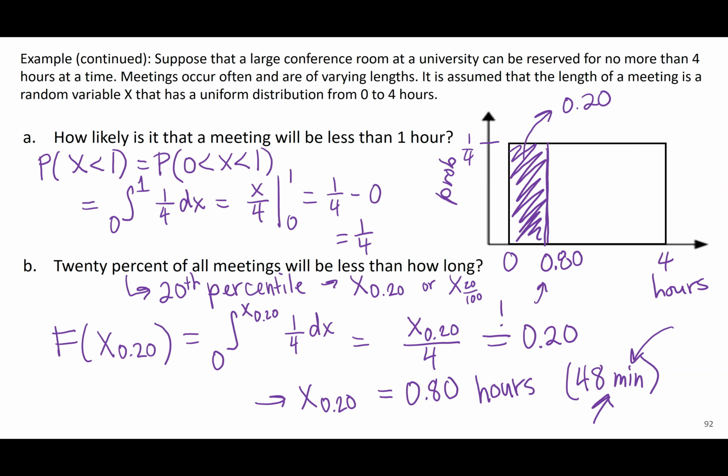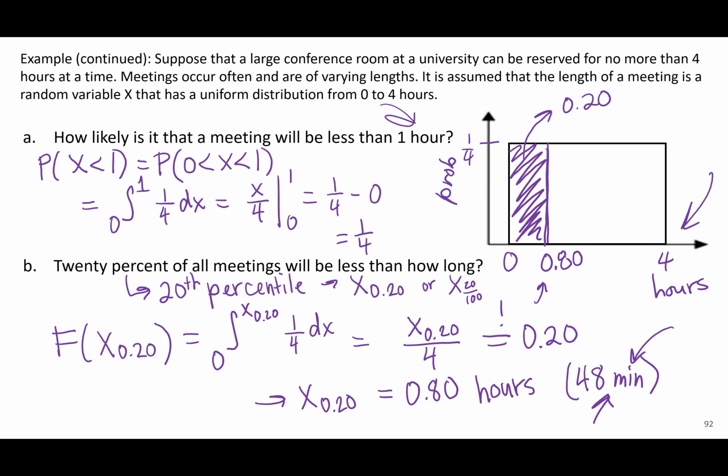This was just me kind of translating at the end. So this was an hour, so I kept everything else in hours. But if they ask me, what's the probability there's a meeting that's less than 90 minutes? I would either need to switch that to 1.5 hours, or I would need to switch my distribution to be in minutes, so they're all in the same units. So just to note,